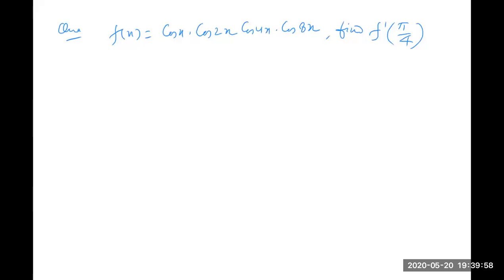See, this question again is based entirely on your 11th class. One method, you take log and differentiate because product is there. Otherwise, what you can do, one formula was there. Just I am writing the formula. I am not writing derivation. In 11th class trigonometry, one formula is there: cos x, cos 2x, cos 2 square x up to cos 2 raised to power n minus 1 x. What is the formula for this? Anybody remembered? Sarah, can you tell me?